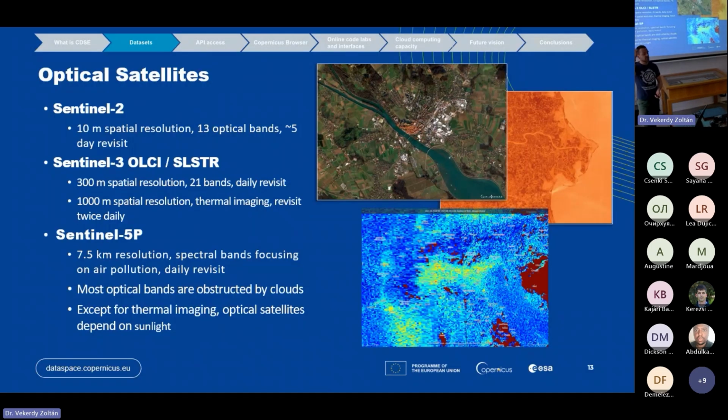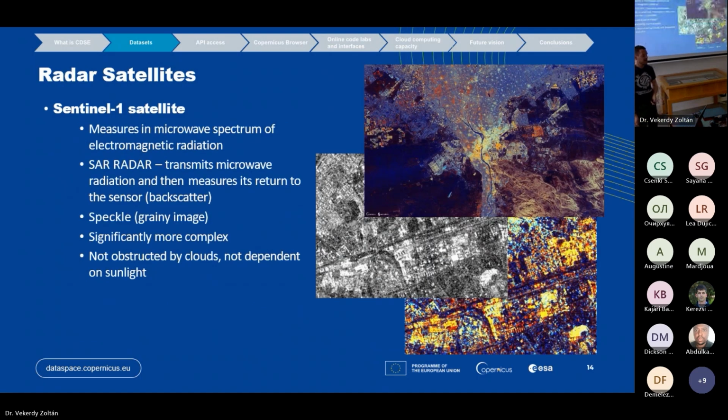So again, once more to quickly recap the optical satellites, we have Sentinel-2 with 10-meter resolution and about 5 days revisits. We have Sentinel-3 with 300-meter resolution with 21 bands and daily revisits and also thermal imaging. And we have Sentinel-5P with 7 by 3.5 kilometer resolution, focusing on air pollution and daily revisits. And then we also have